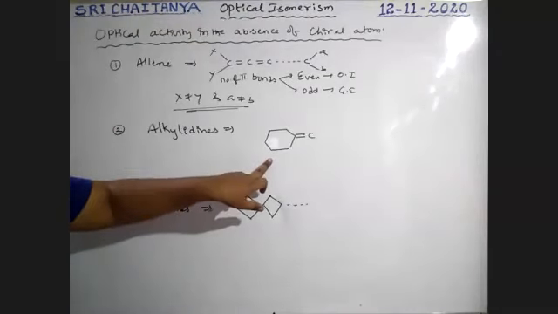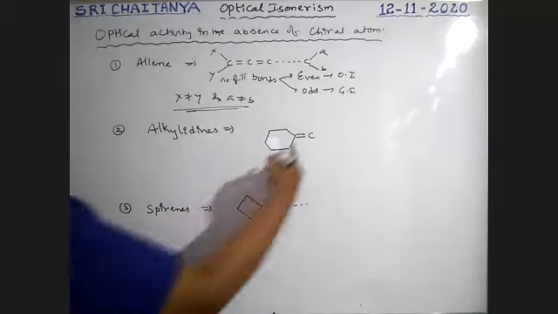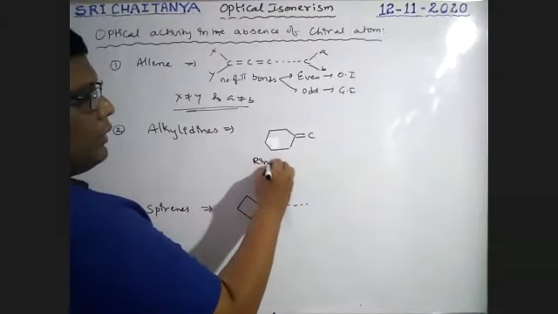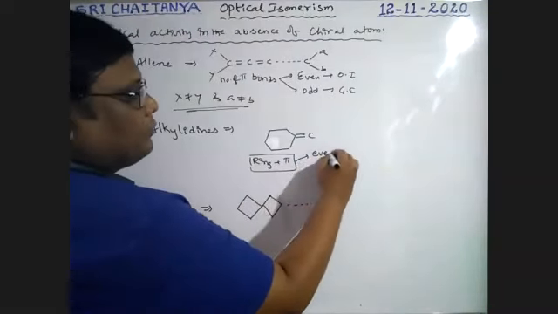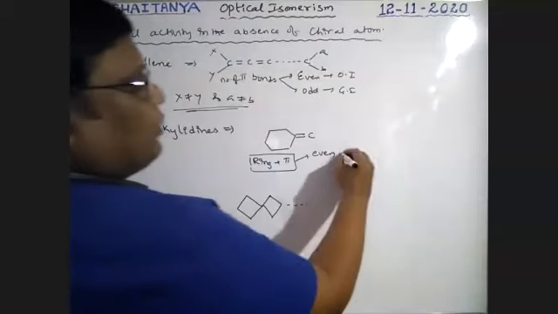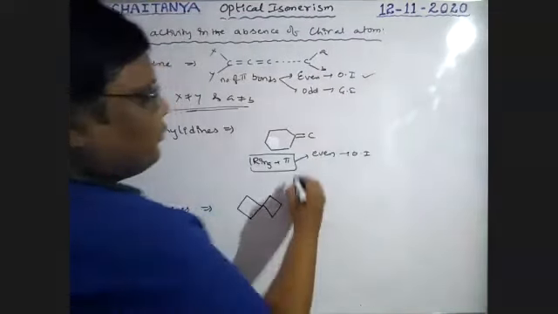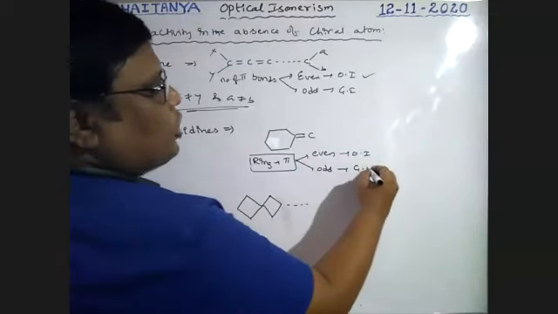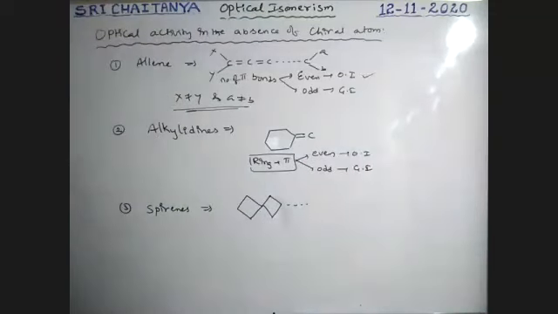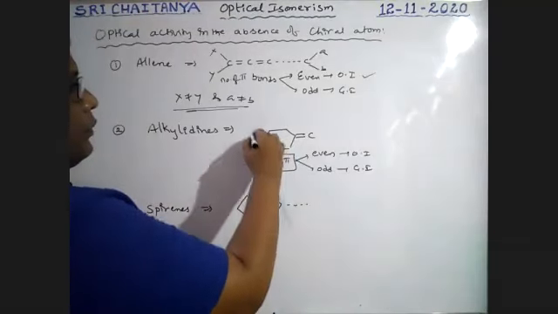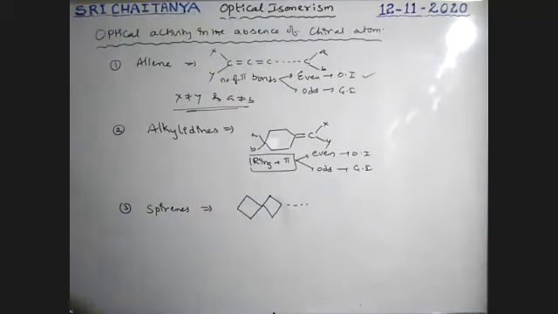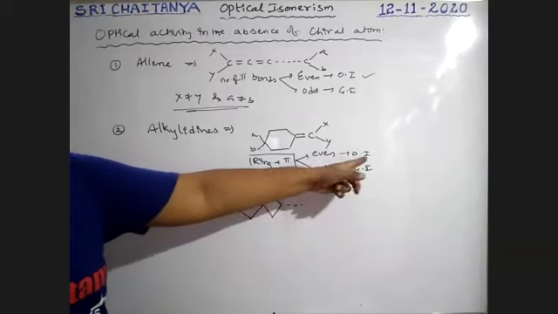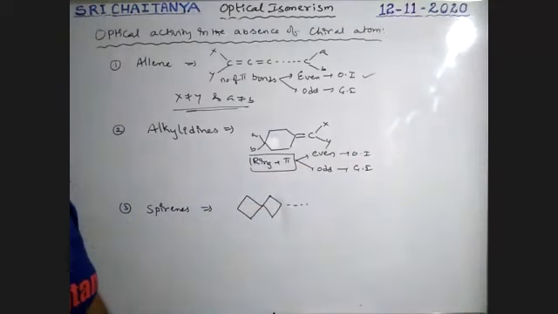Next, here. So ring plus pi bonds. Ring plus pi bonds. So this combination, if it is even, that exhibits optical isomerism. See here, similarly. Here it is odd, that exhibits geometrical isomerism. Here also A, B, X, Y. These compounds, ring plus pi, even number gives optical isomers. Odd number gives geometrical isomerism, no optical isomerism.